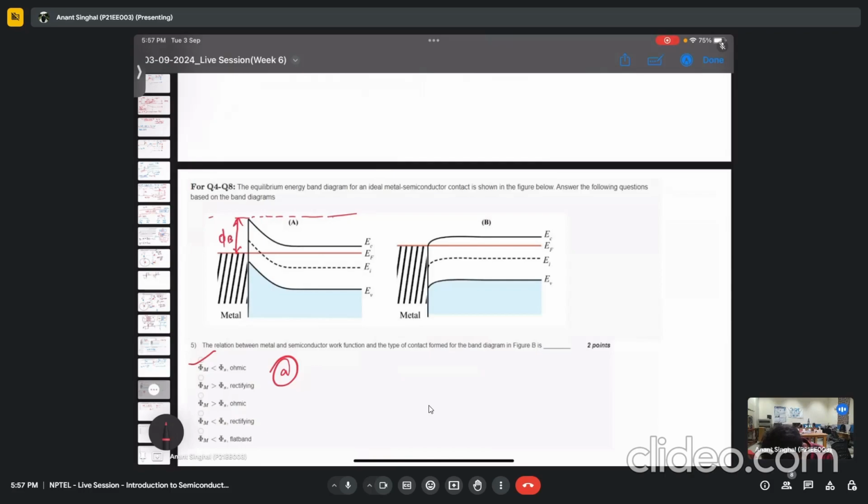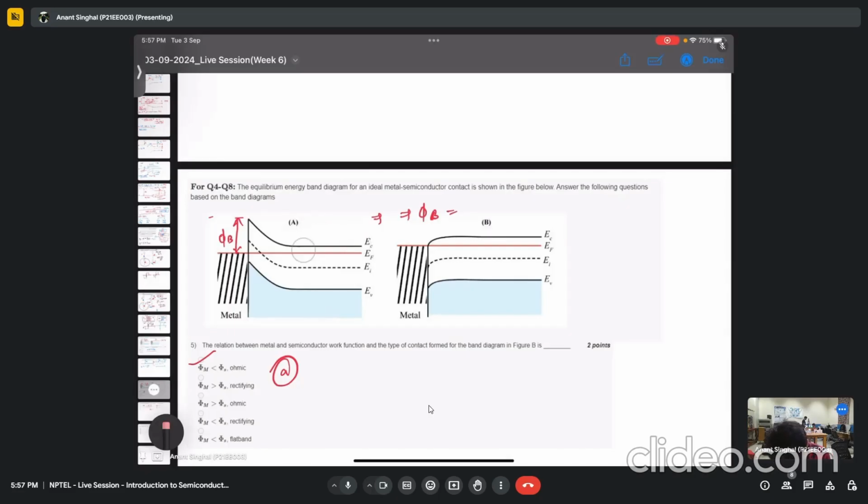And what you can say is this is VBI, right? And this is nothing but EC minus EF, this particular difference. And if this is the vacuum level, from conduction band to vacuum, what we have is the work function. So what we can write is,